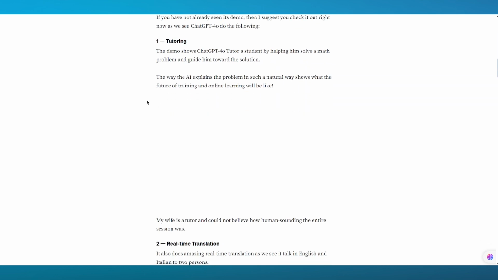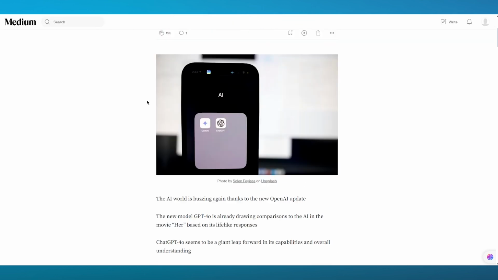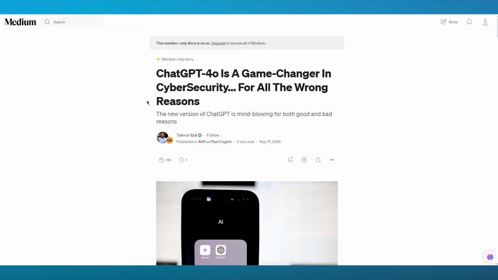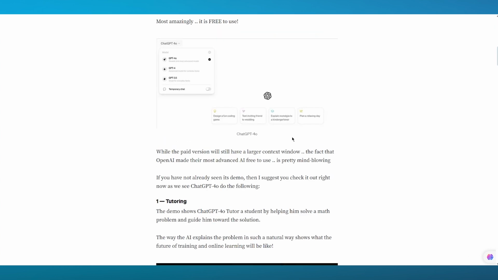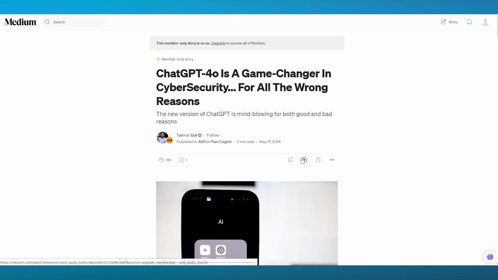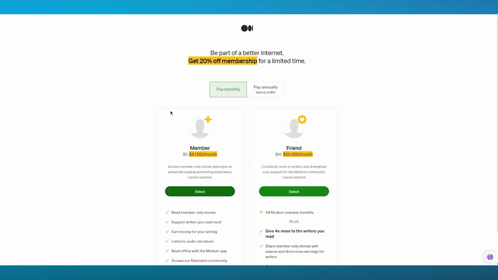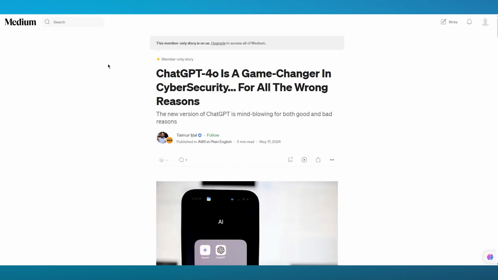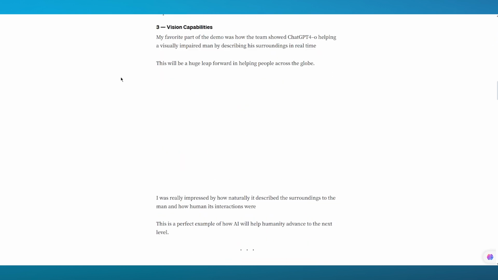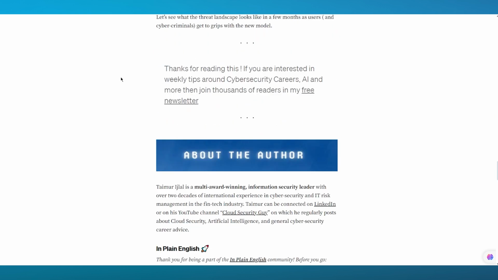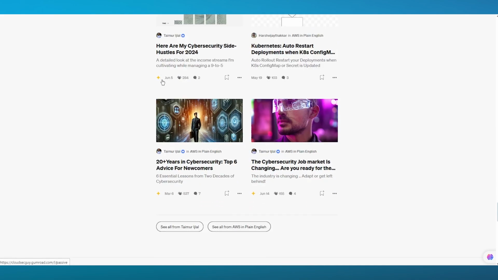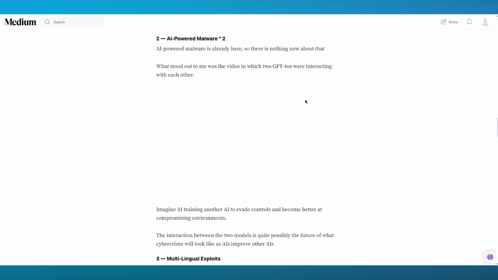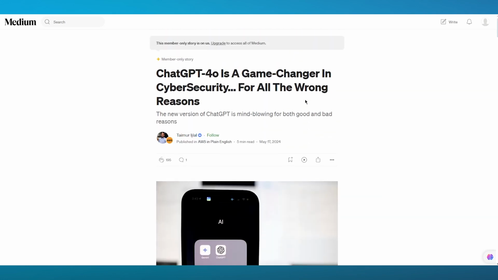Now, as you can see, we can see different things for the ChatGPT 4. You can get latest details right now, and you can see the date it was published. It's a 5-minute read, and you can go ahead and read it as much as you like. You can also go ahead and listen to it, okay? But obviously to listen to it, you will need the upper plans, okay? You can get it on the free plans, but generally, this is how it works. So you get all these details and all these reads for yourself, and you can get different recommendations as well. So these are different ways how you can access Medium, all right?